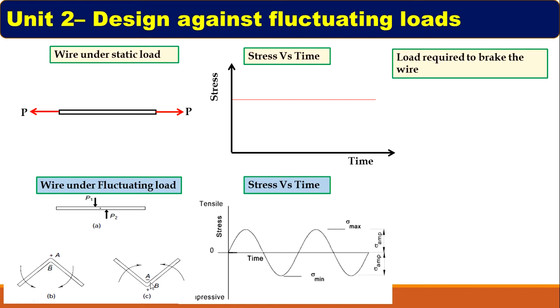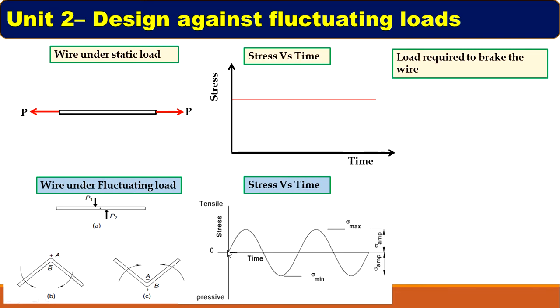So surface stress, the stress on the surface is compressive in this case, and in this case the surface stress is tensile. So you can easily understand that in case B, the stress is tensile at point A, and at point A, in the case C, the stress is compressive. That means the stress is varying from 0 to the positive side, and positive stress is nothing but a tensile stress. Then again the stress becomes 0, and again the stress gets negative, that is below this 0 axis. Below this 0 point, the stress is negative.